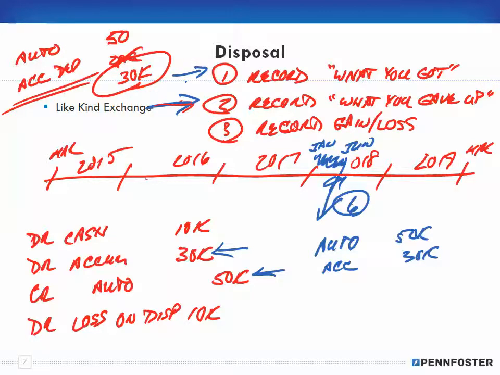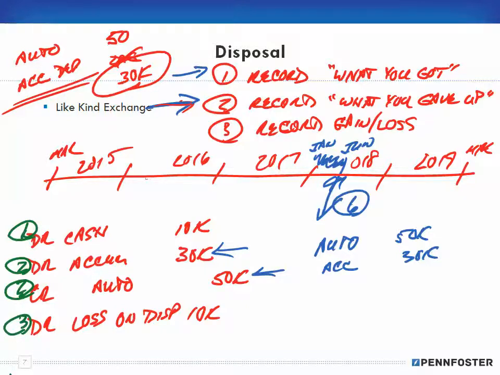Now, could I have done number 1 first? Sure. I could have said, okay, I got cash for $10,000, so number 1, I booked my cash for $10,000. Then number 2, I recorded what I gave up. Whichever order you decide to do it in, that's up to you. There's no right or wrong way to do it. I just happen to take things off of the books first. I do number 2 first, then number 1. But then third,